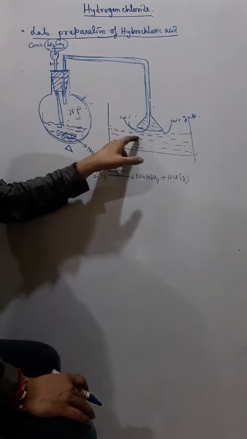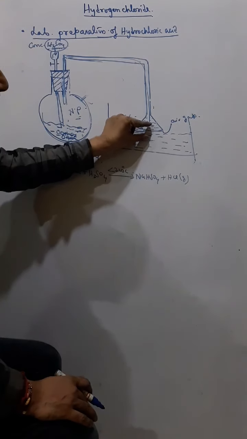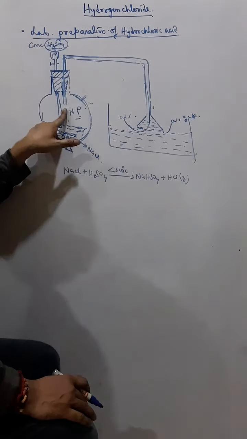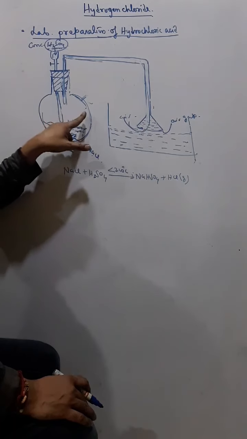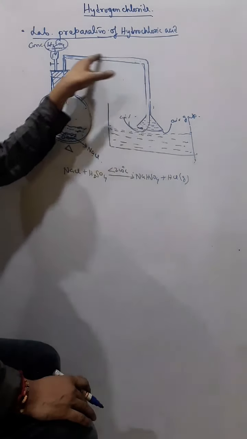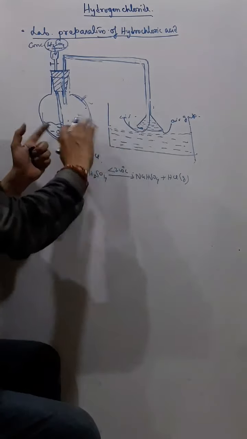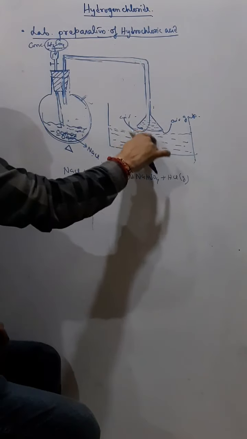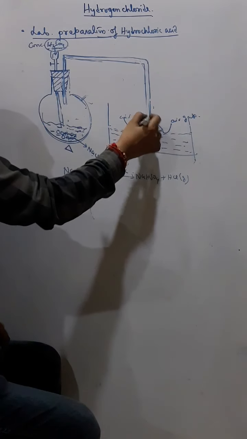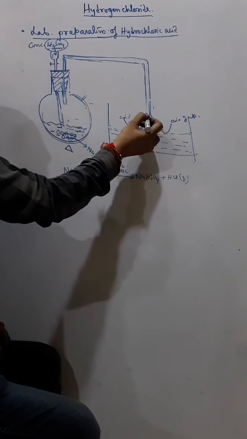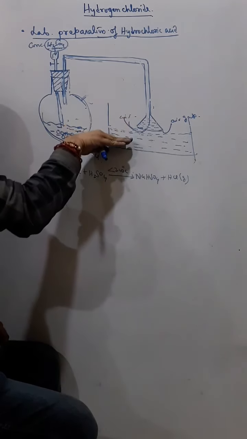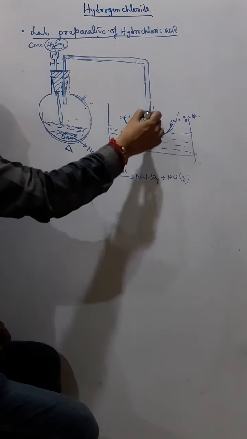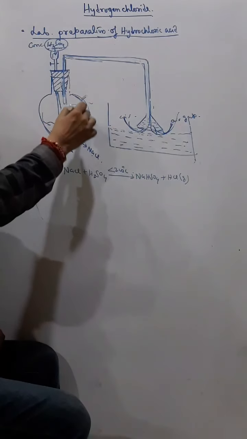So as soon as the back suction starts, there becomes an air gap, and when there is an air gap, the air goes inside, normalizing the pressure here. So if the pressure is normalized, now there will be no back suction. So this process continues. Again the funnel falls, again HCl comes and dissolves quickly, again there is a back suction, so the level of the water inside the funnel increases, but the level of the water outside the funnel decreases, so there becomes an air gap, and from that air gap, air from the surrounding enters the flask again, and then creates a normal pressure.